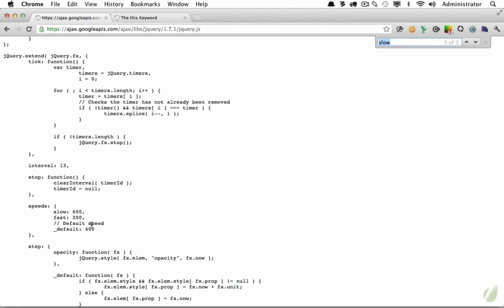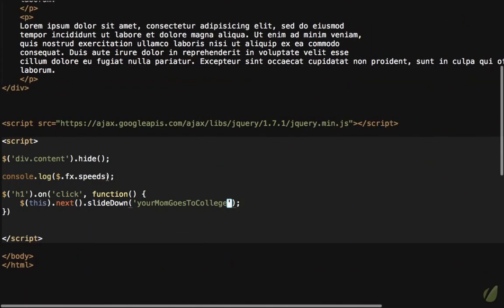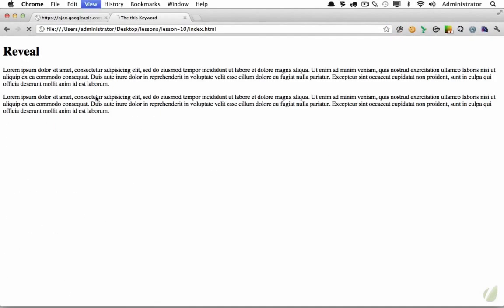Now, as you would expect, you can override this if you need to. For example, what if you want your project's default to be 2 seconds? You would never want this, but just so that we can easily see that it's taking effect, in the same way that we update any object, we can do the same thing to jQuery.fx.speeds. So let's try it, jQuery.fx.speeds, and I'm going to update default, and make that equal to 2000 milliseconds. So now, when we call the "your mom goes to college" slide down value, that's not going to be recognized by jQuery, and it's simply going to run its default. So let's try it, come back, reload the page, I click on reveal, and as we'd expect, over 2 seconds